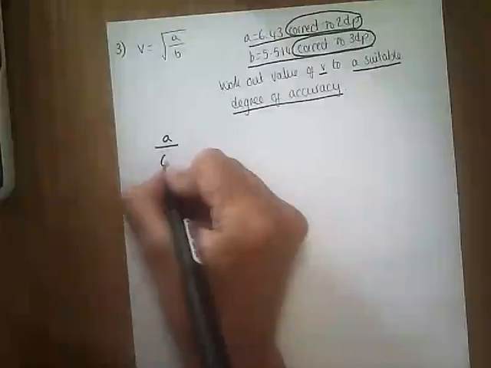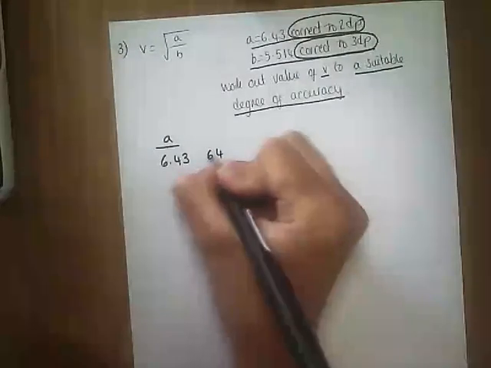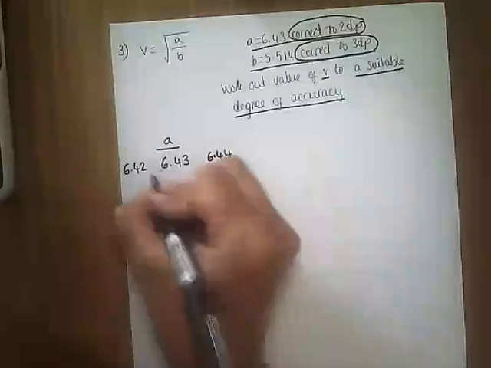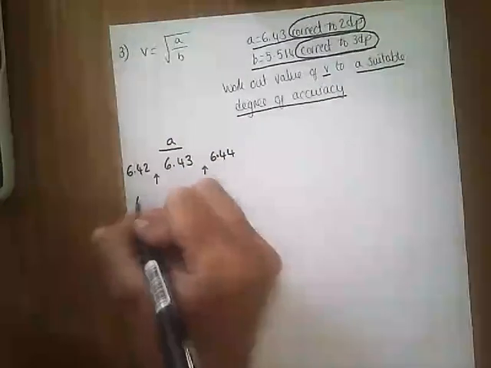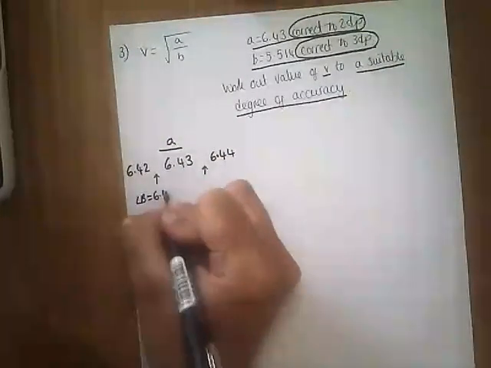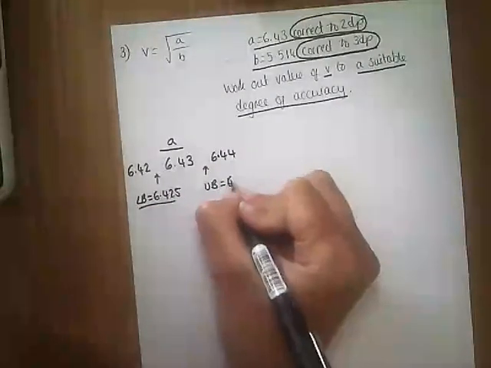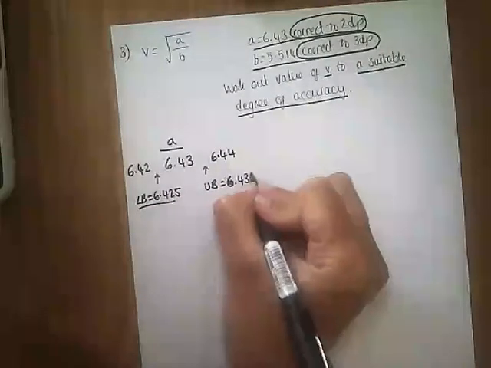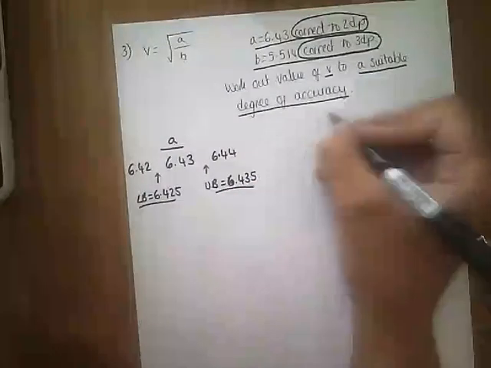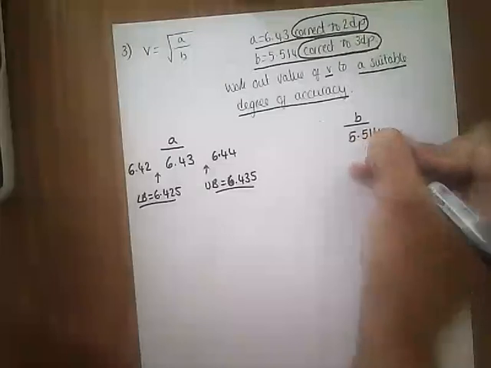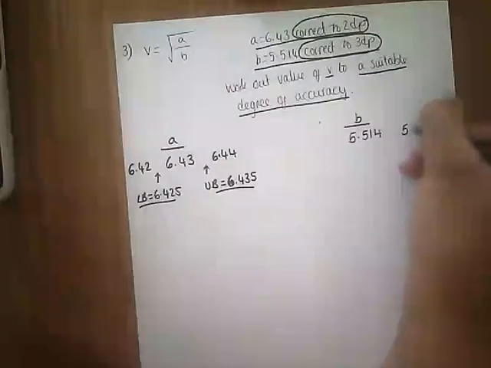So A, we've got 6.43 to 2 decimal places. So we want to go 2 decimal places higher and 2 decimal places lower. Halfway between for our lower bound is going to be 6.425. And our upper bound is going to be 6.435. Okay, similarly with B, we've got 5.514 to 3 decimal places, so we've got to go 3 decimal places,